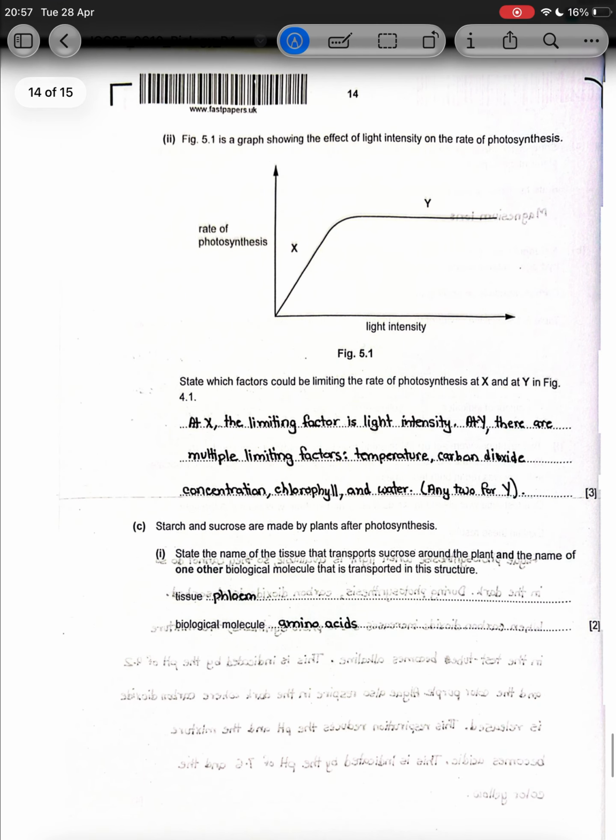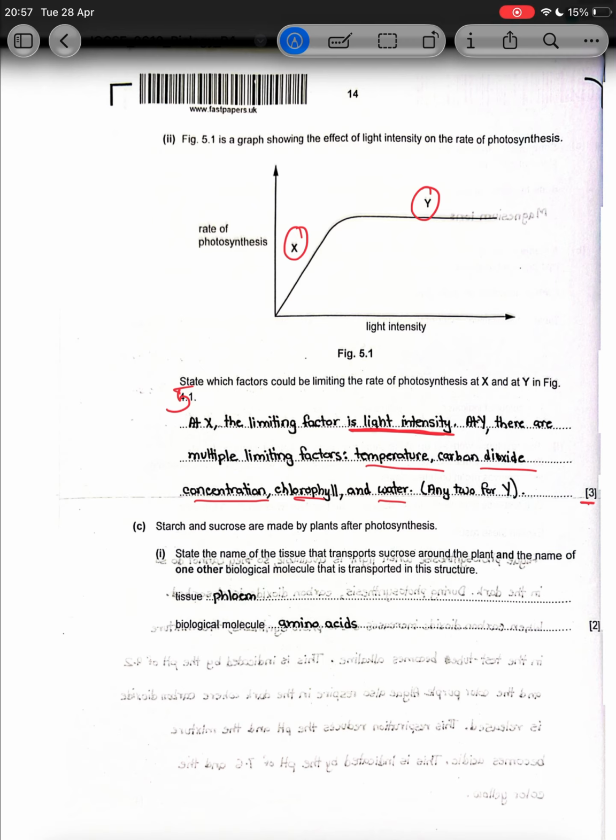Okay, in number 2, figure 5.1 is a graph showing the effect of light intensity on the rate of photosynthesis. State which factors could be limiting the rate of photosynthesis at X and at Y in figure 5.1. So at X, the limiting factor is light intensity, and at Y, there are multiple limiting factors. So you mention any two of these,